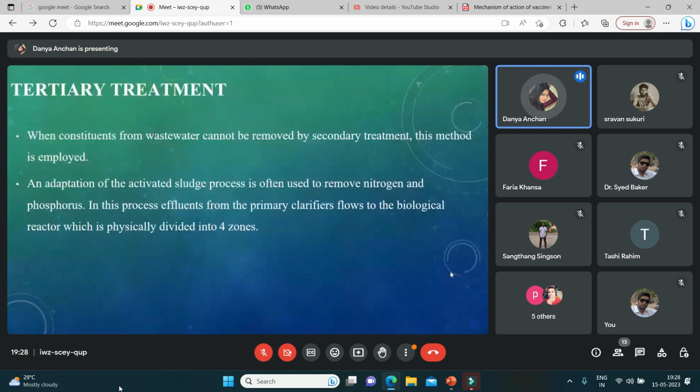The final step is tertiary treatment. In this step, when constituents from wastewater cannot be removed by secondary treatment, this method is employed. An adaptation of the activated sludge process is often used to remove nitrogen and phosphorus. In this process, effluent from the primary clarifiers goes to the biological reactors, which are physically divided into four zones, which are anaerobic